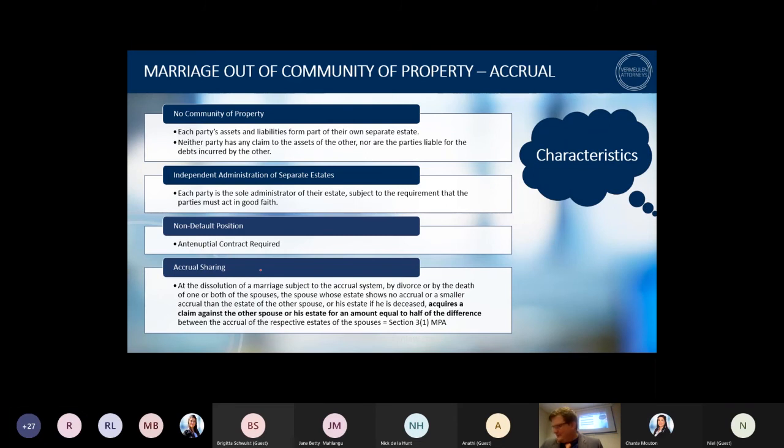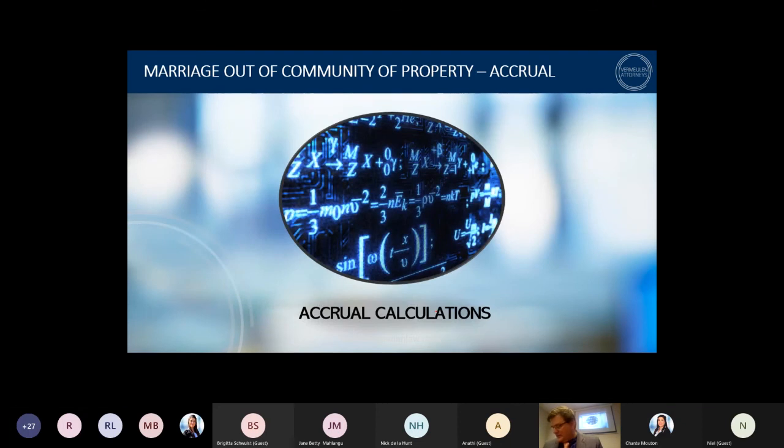So what does this mean in practice, folks? Let's talk about the practical implications. Let's talk some calculus. Let's talk some mathematics. Okay,